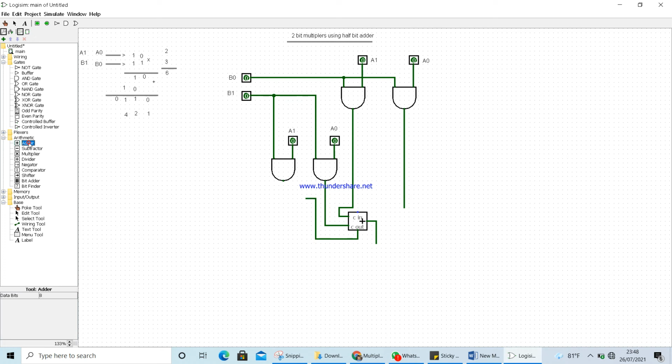So I need to take another adder, and I'll be placing it here. This carry should be given as an input to this adder, right? Then from this adder also you will get an output,